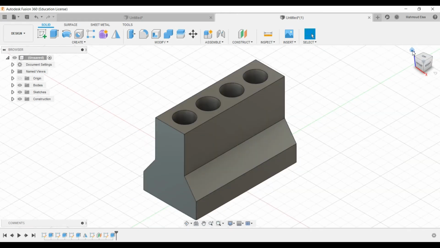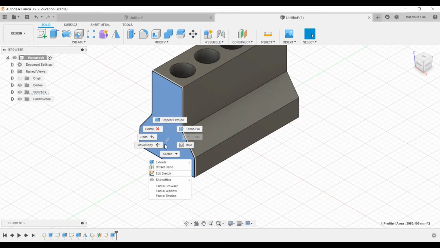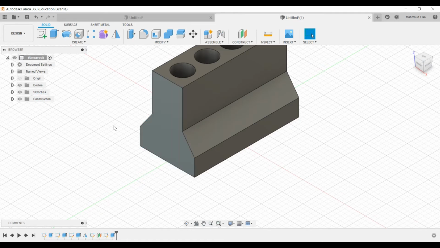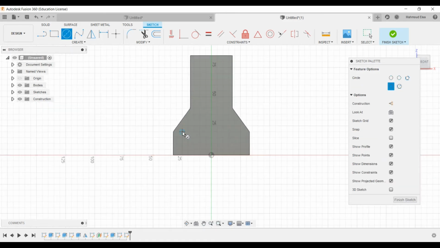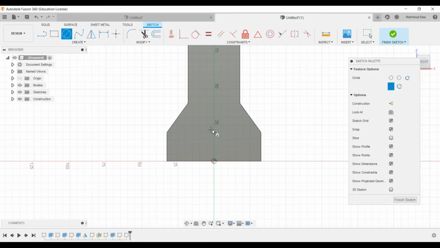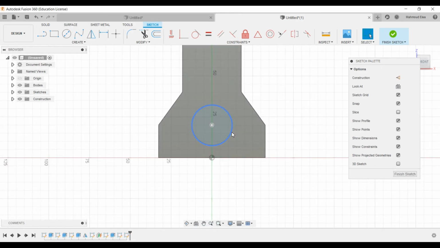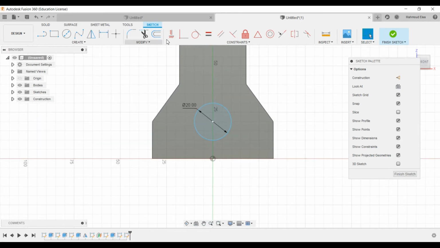I'm going to go home. Okay, I'm going to go here, create a sketch. So now what we need to do is another sketch, which is going to be this. All right, so I've got a 20 mil circle. I'm just going to land it here somewhere. Okay, 20 mil. I'm going to give it a value of 20, and I'm going to have it vertical,